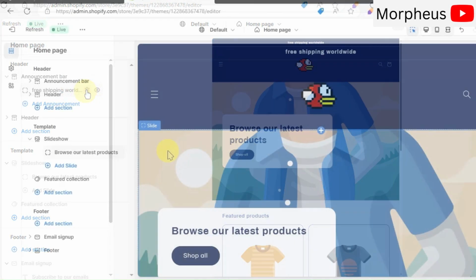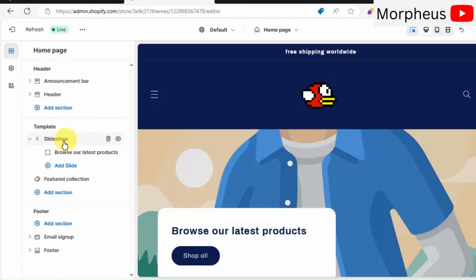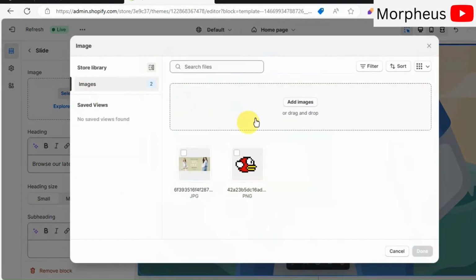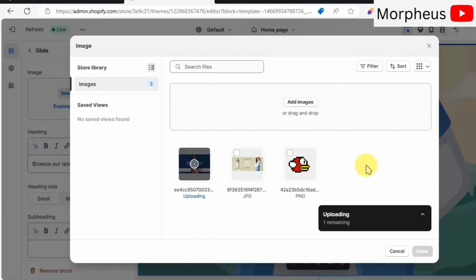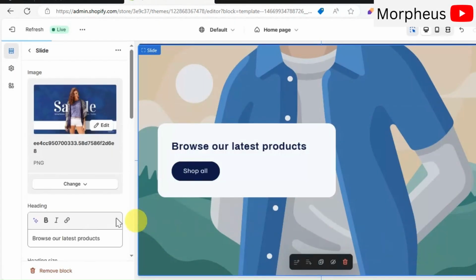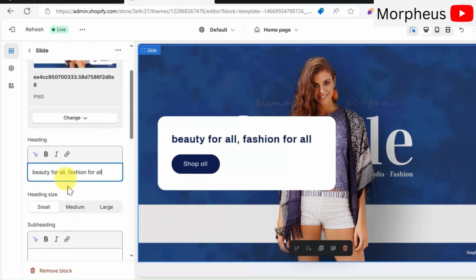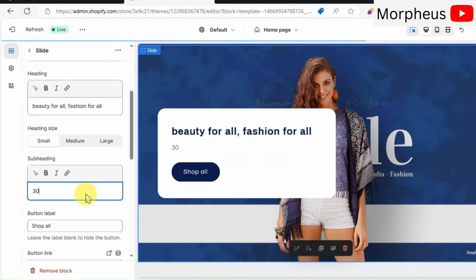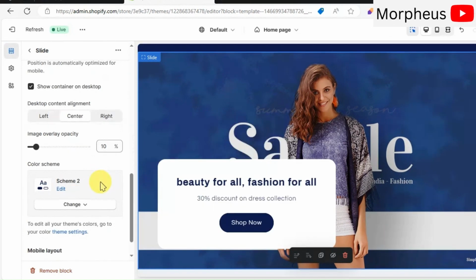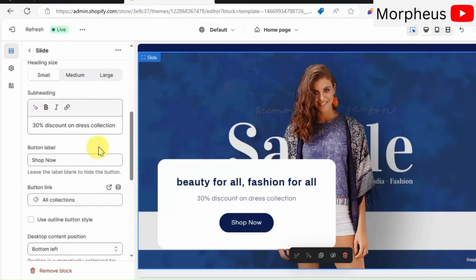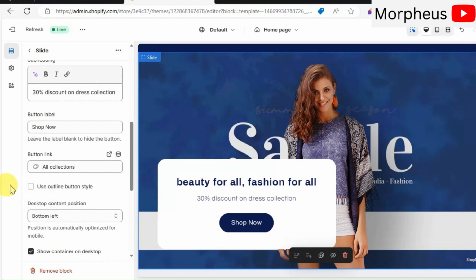Okay, now moving on to the slideshow. In this tutorial, I will only upload 1 slideshow photo, but of course, you can upload more if you want. Here, in text alignment, you can put the text of the image to the middle, left, or right. You also need to change your heading and subheading. Notice there is something here, the Shop Now button. You can simply add it down here in the button link. You can put a specific collection if you have a feature collection as an image of the slideshow. I'm just gonna put collections and then all collections.